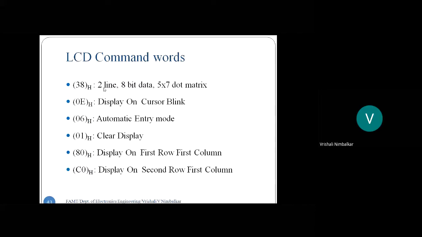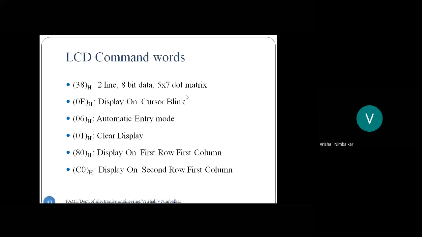There are 2 rows in the display, so it is a 2-line display, row 1 and row 2. Whatever character is displayed is made up of a 5x7 dot matrix. There are 16 characters displayed, and each character is made up of 5 columns and 7 rows.